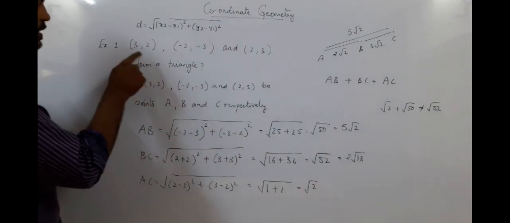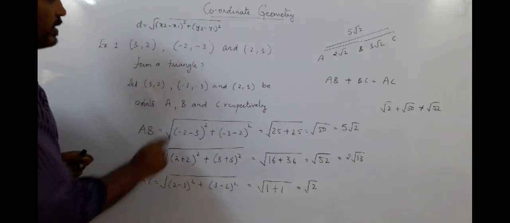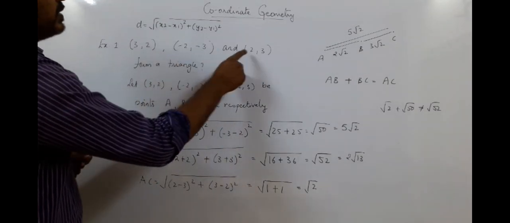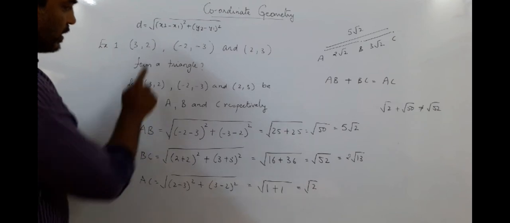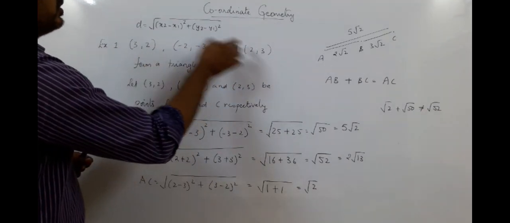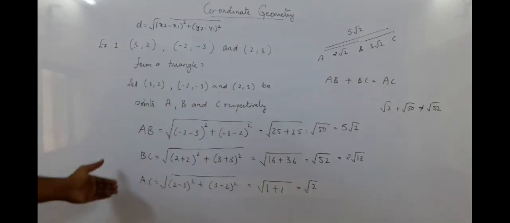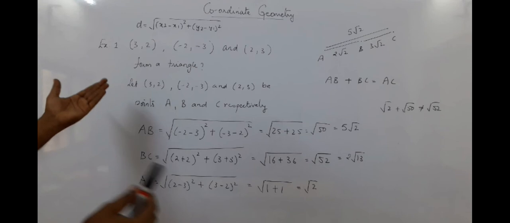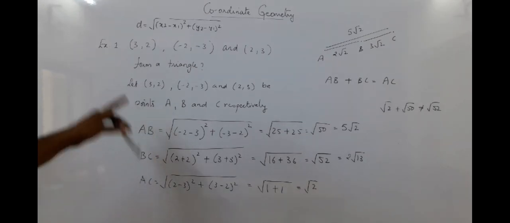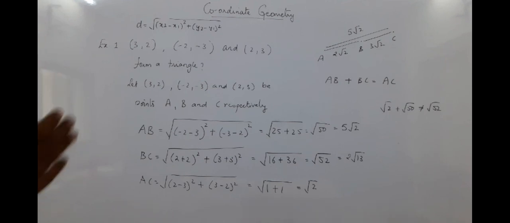So for any two points you can use it. When I take AB, I take this as x1 y1 and this as x2 y2. When I take BC, I take this as x1 y1 and this as x2 y2. When I take AC, I take this as x1 y1 and this as x2 y2. So I found the distances AB, BC and AC. Then I check the condition. And when I check the condition, I will know. So this was only showing it is a triangle. Now, only this sum on triangle.